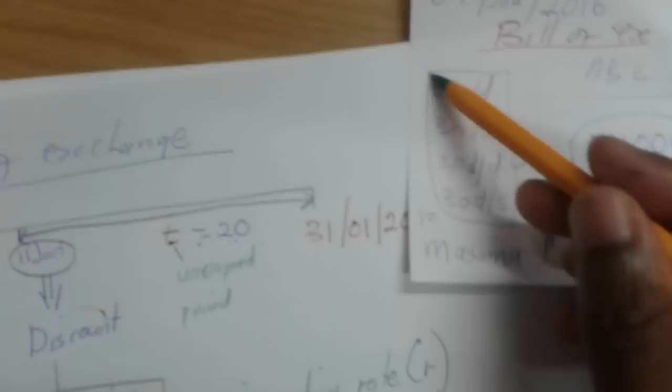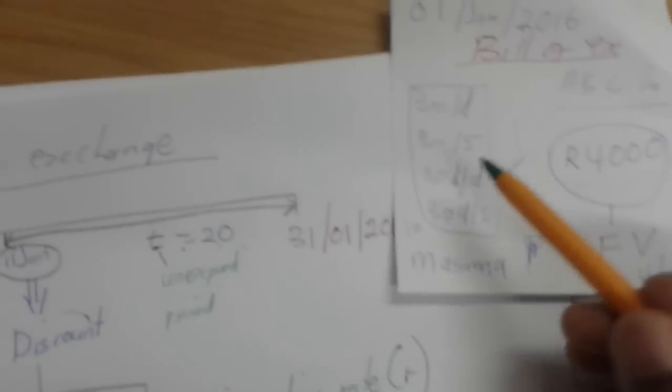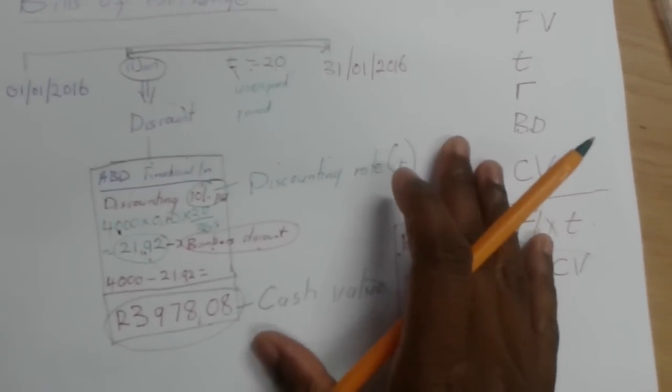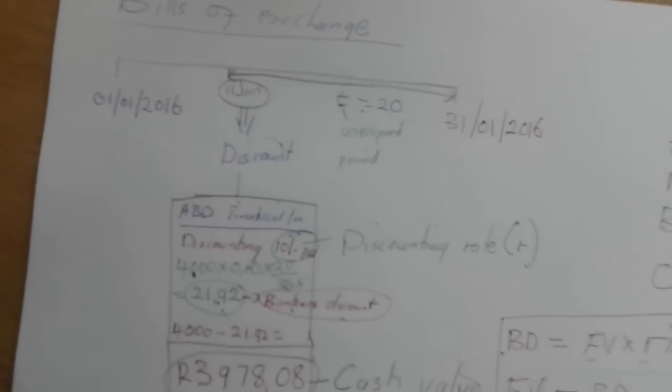Remember, I just used 3 as an example, but I'm not saying all the bills will be 3. And again, the same applies to the 30 days. Not all bills are. I just used it as an example. Now, it's very important. Know this. You know it very well. Now, let's see how we use this